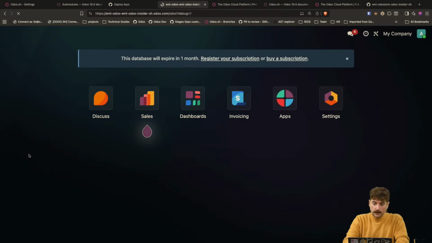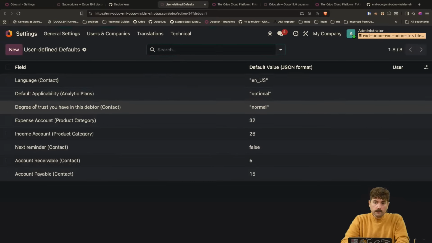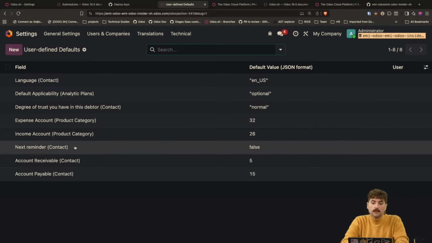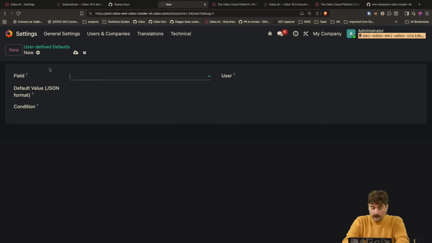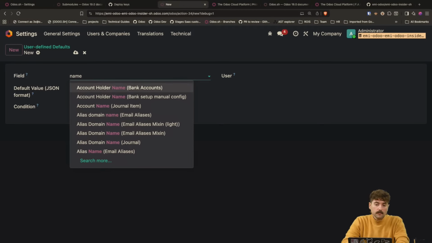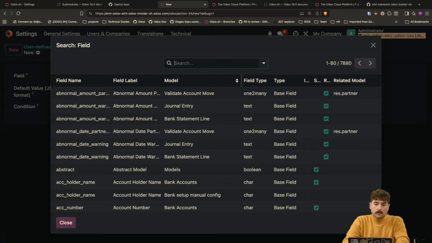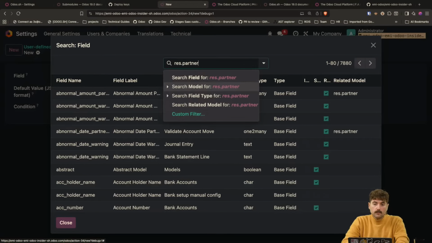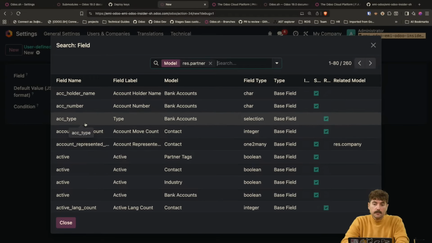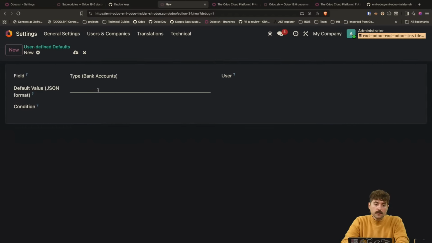So there's a model named user defined default, and in your data models you could potentially import, create a new user defined default and say, let's say that you create the name field in res partner, or maybe let's say the account type, well, on the bank account, and you want to make it required, and then you create an IR default record in your data files, put a value, so that